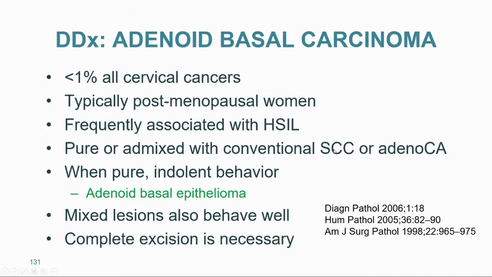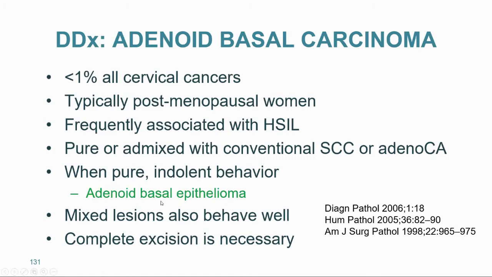When we see basaloid squamous proliferations, we also think of adenoid-basal carcinoma, which is a special type of neoplasia in the uterine cervix, typical of postmenopausal women, frequently associated with HSIL and also caused by high-risk HPV. What's characteristic about adenoid-basal carcinoma is that when it's found purely, or the lesion is entirely composed of adenoid-basal morphology, these lesions have a very indolent behavior. Complete excision is curative in all these cases,